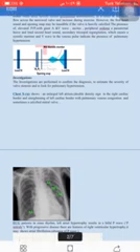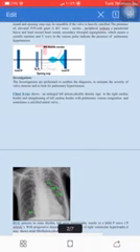Investigations confirm the diagnosis and severity of stenosis and pulmonary hypertension. In the chest x-ray we will see a large left atrium, which is the double density sign in the right cardiac border and straightening of the left cardiac border. So we see double density on the right, and straightening of the left cardiac border with pulmonary venous congestion, and also